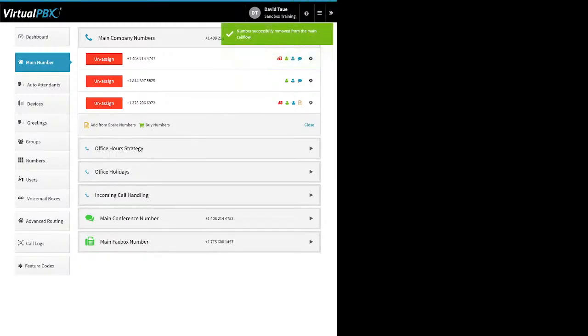Now, those 2 numbers I just clicked Unassign next to, they're still on my system. They're now a spare number, so I can use them someplace else, right? So if a number is assigned and you want to use it someplace else, you have to unassign it first, right? Now, say you just signed up and you didn't select a number when you first signed up with us,